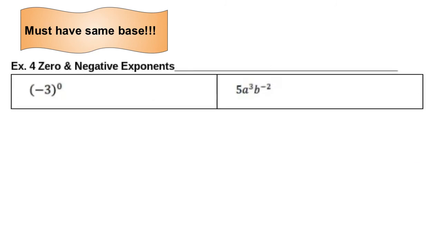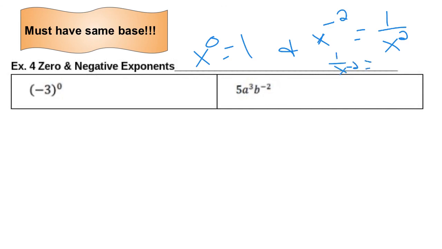Looking at these two special cases here, our 0 and negative exponents, what we're going to look at is that anything to the 0 power is automatically going to equal 1. And if we look at anything to a negative exponent, say x to the negative 2, the negative exponent is simply going to tell us to rewrite it in the opposite place. If it was 1 over x to the negative 2, it would bring it back to the positive. So a negative exponent essentially means it's in the wrong place of the fraction. So looking at two examples,